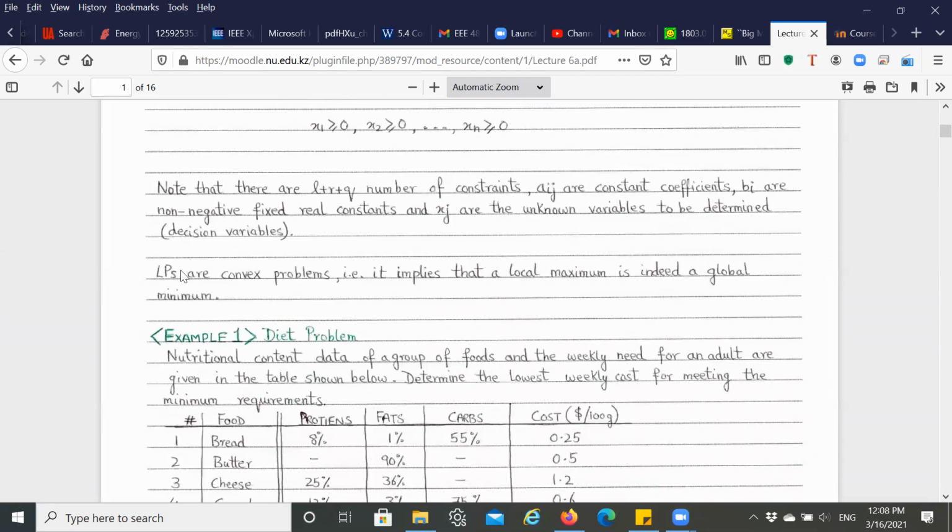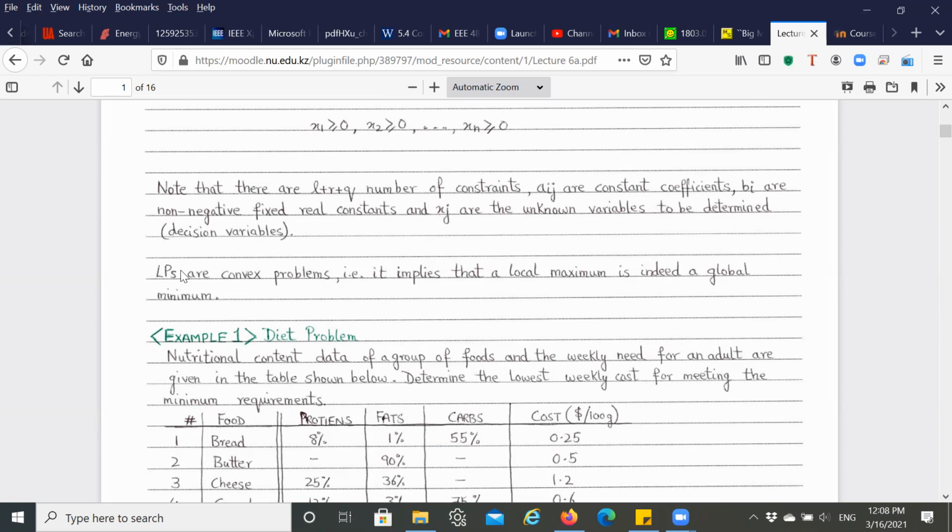Now what we need to understand about LPP problems is that they are always convex problems, okay? That means if there exists a local maxima or a local minima, then that would always be a global maxima or a global minima, okay? It may happen that you may have more than one global maxima or minima, but